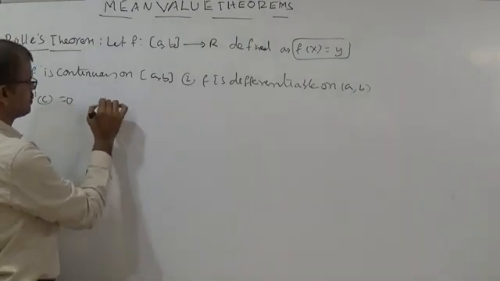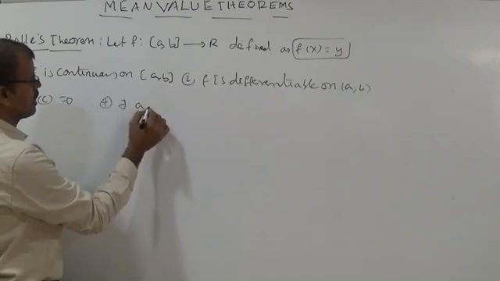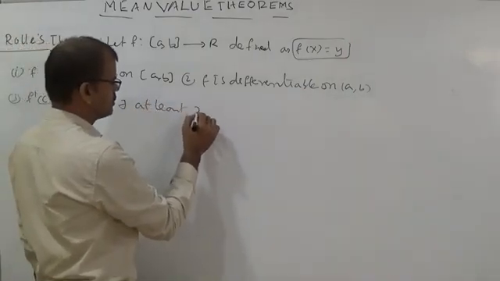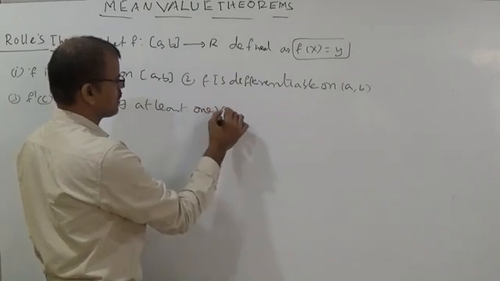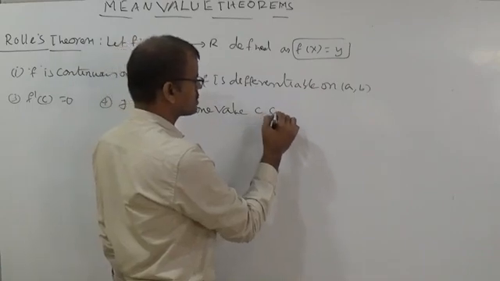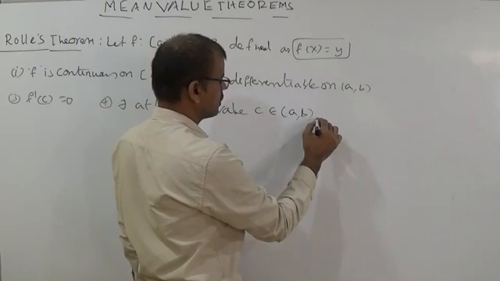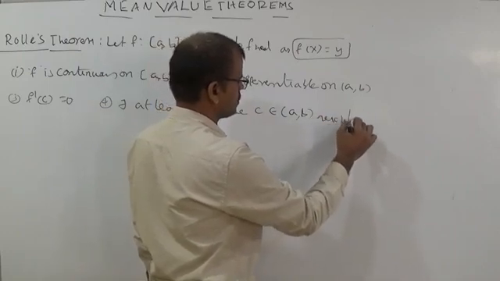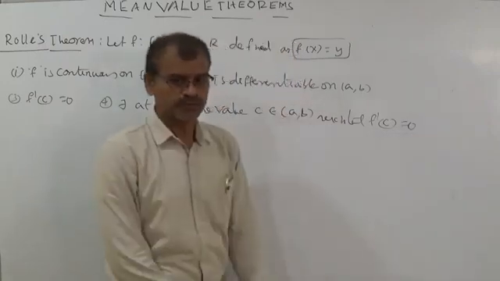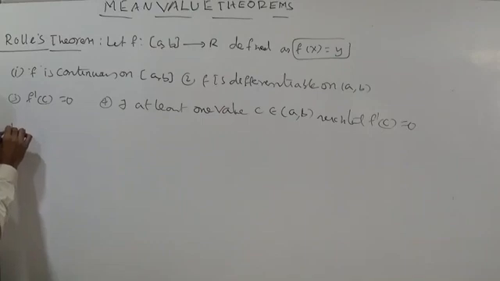Fourth one, there exists at least one value, small c, belonging to open interval a comma b, such that f dash c is equal to 0. Therefore, hence we can say here